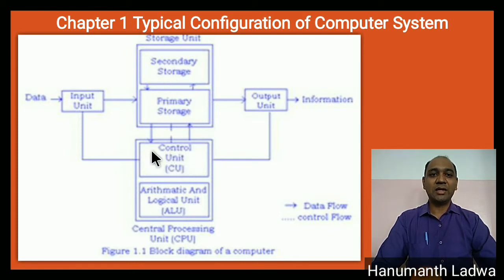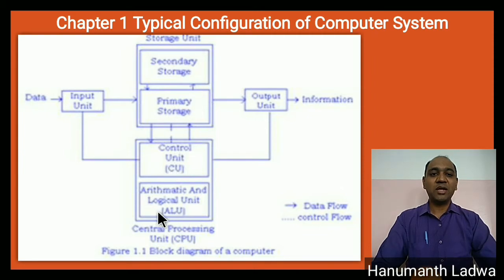The second part of the central processing unit consists of the control unit and the arithmetic and logic unit. The control unit acts as the nervous system of the human brain. It is going to control and coordinate all the input and output instructions or operations, and even manage the operations of both software as well as hardware.